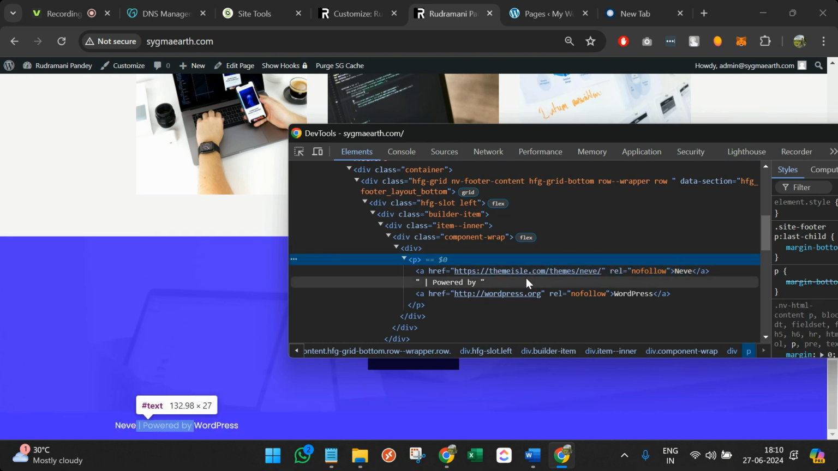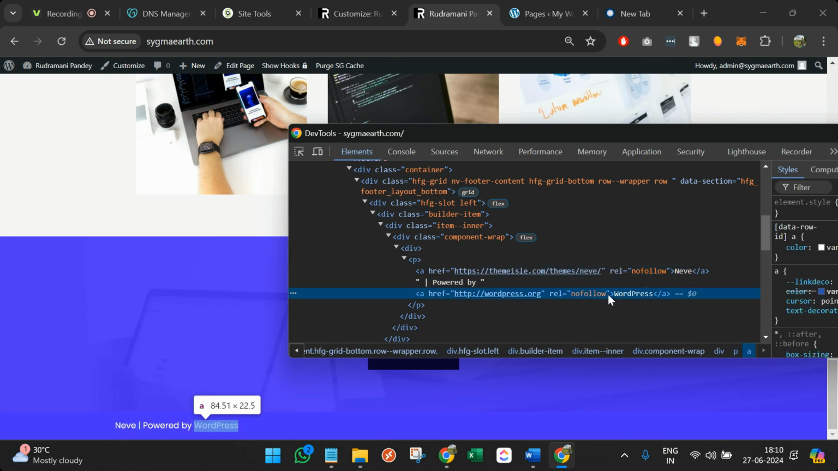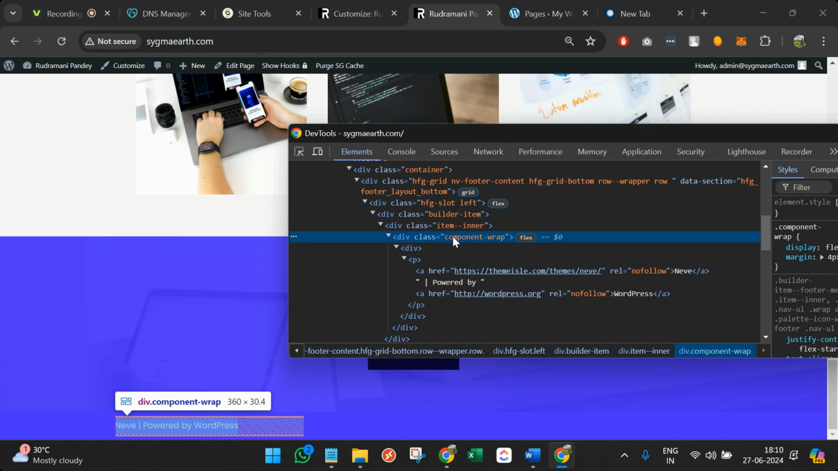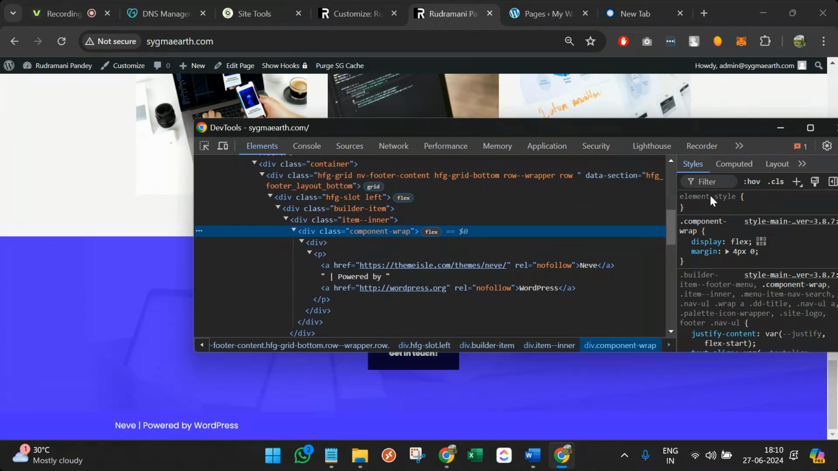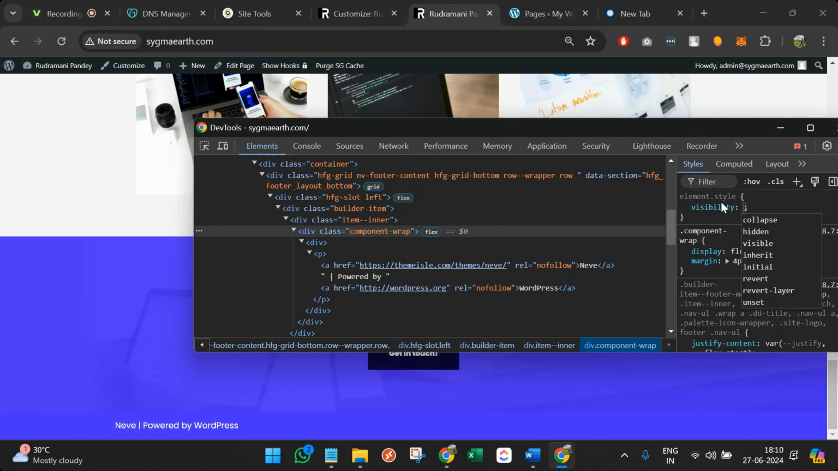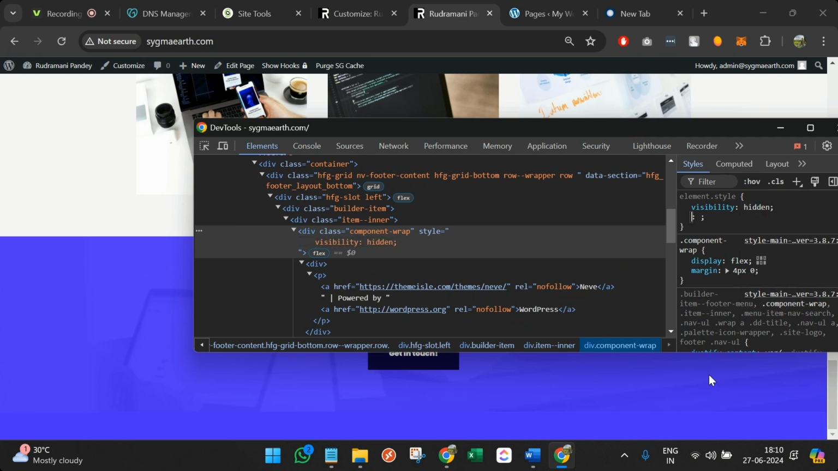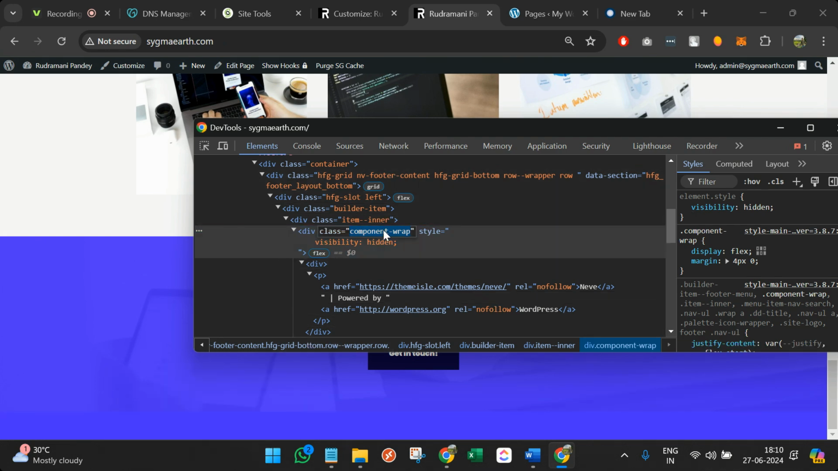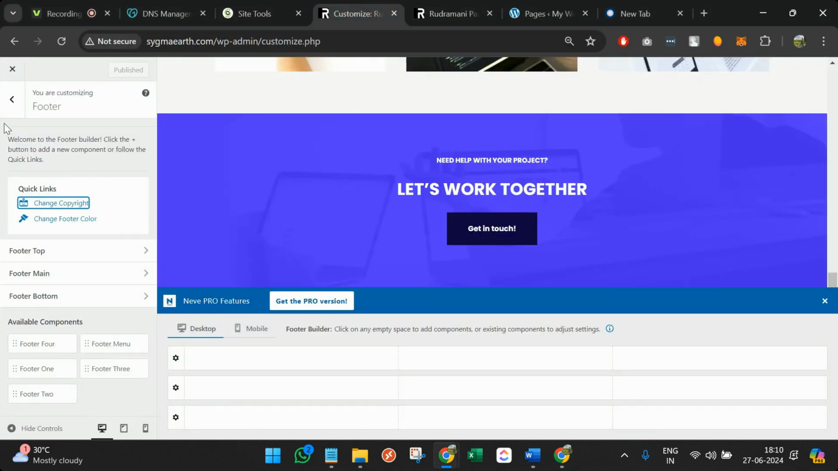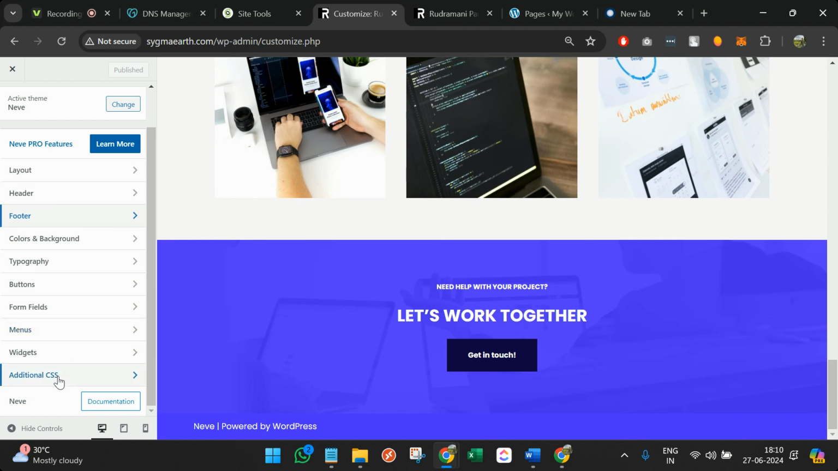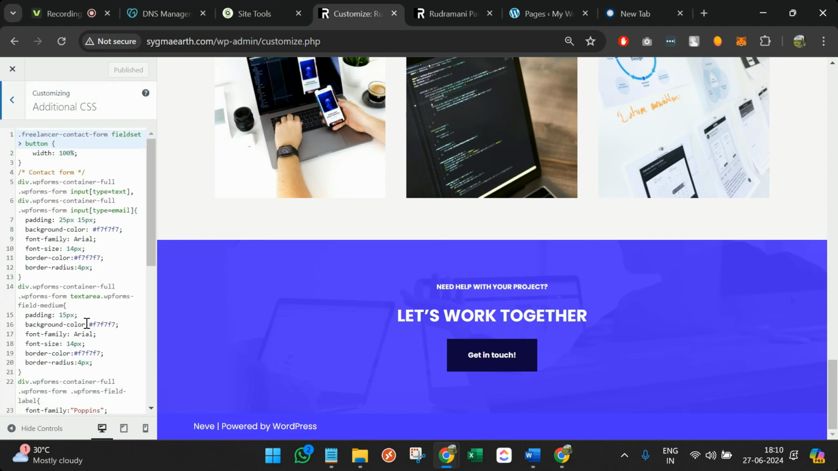this is a p tag, this is inside this, and this is a component wrap. So what if I set visibility as hidden? It will be gone, right? So we'll be done with the footer. So I will copy this class name. I'll go back to my option, and here you will see additional CSS, and